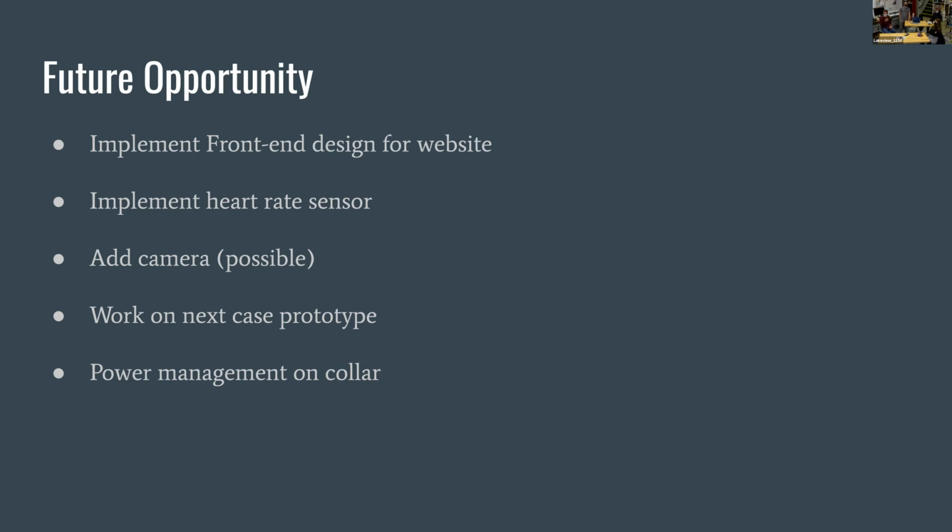Some other things, maybe I wanted to work on the mesh network for the LoRas, because now we have just point-to-point